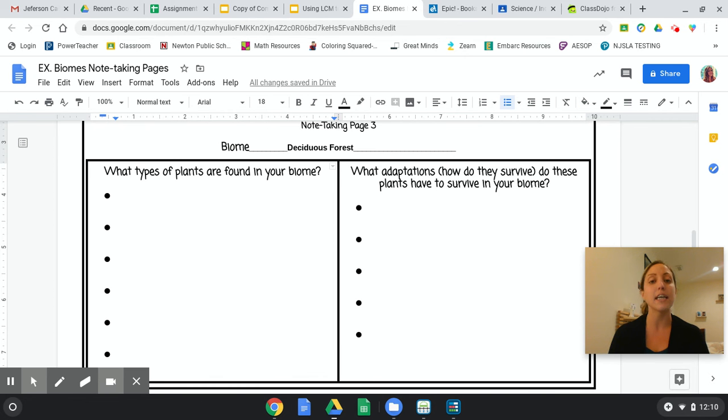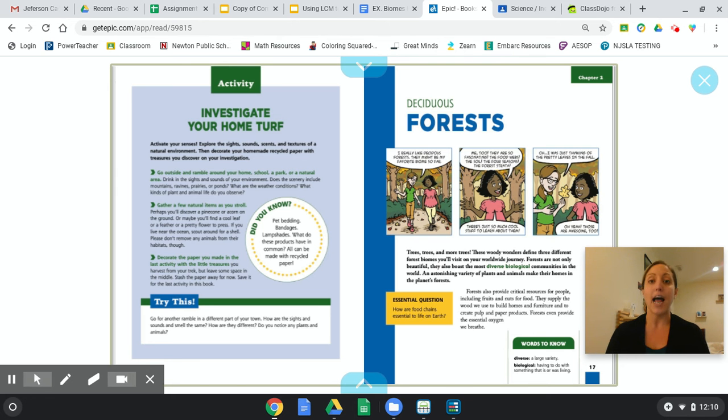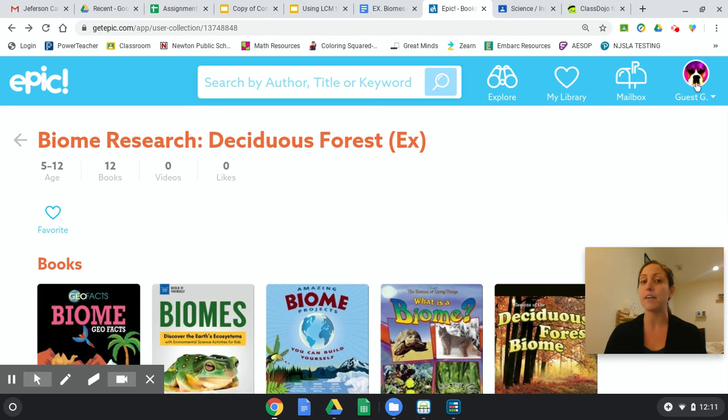Once your note-taking page is ready and open, you should be logged on to your Epic Books collection. As you can see, my Epic books collection was already left up, so I'm already logged on. However, if yours was not where you exited out of it from the previous day, that is okay. Be sure to log on to Epic and log into your avatar by using the code